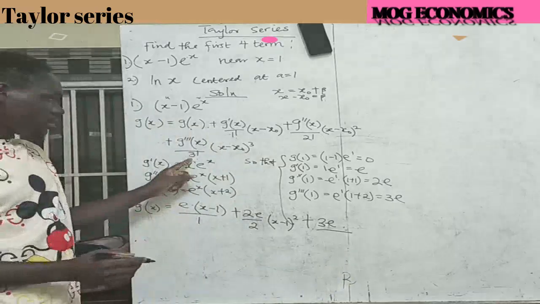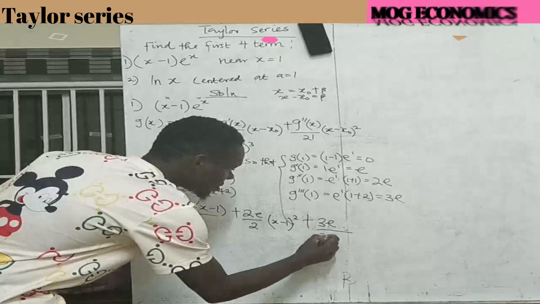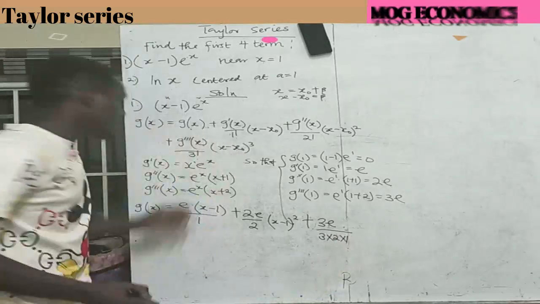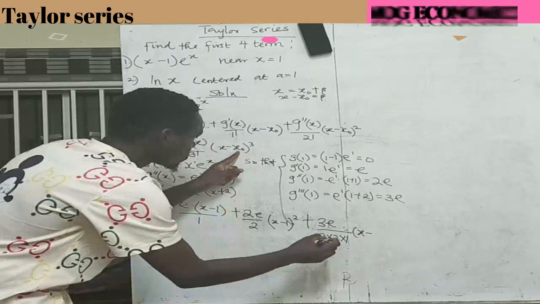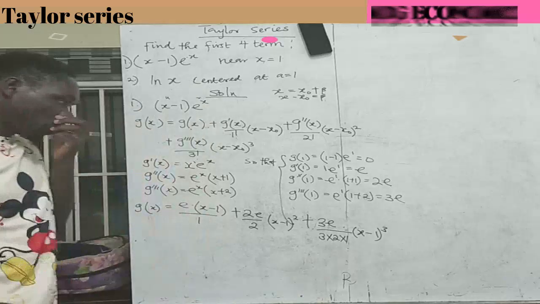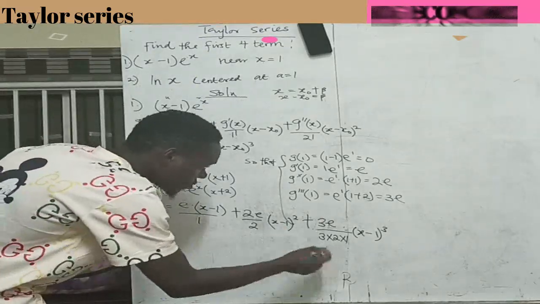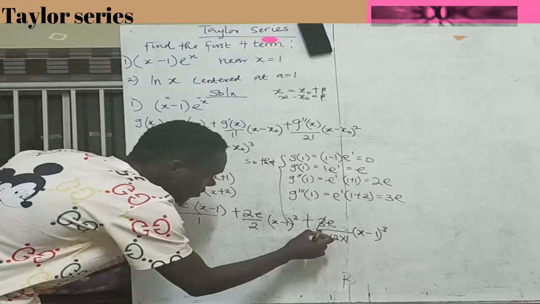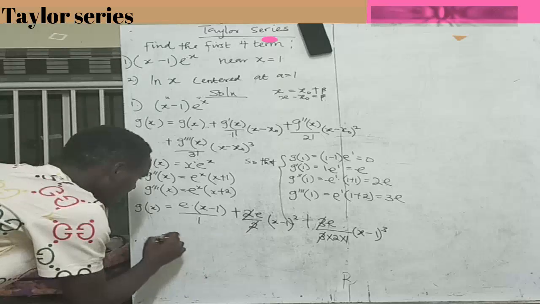Now, the denominator here, the factorial of 3, is expressed as this. And then here we have x minus, again substituting the value here, then we have this. So at this point, let's cancel out what has to be cancelled out. In this case, this cancels this out, and here this cancels this out. So we are left with